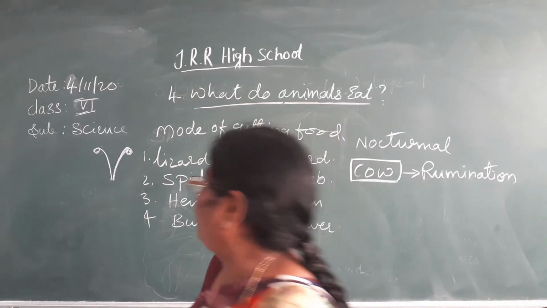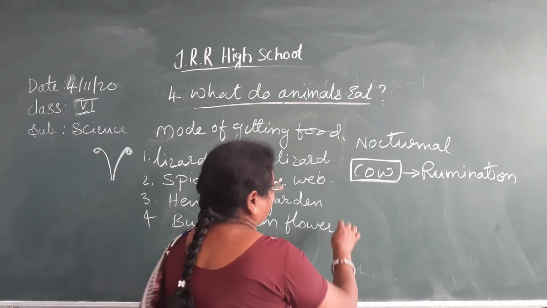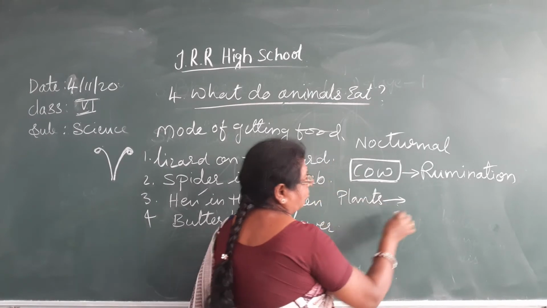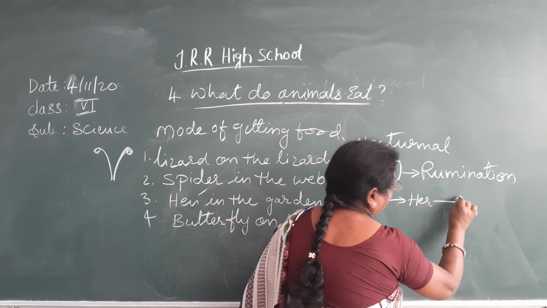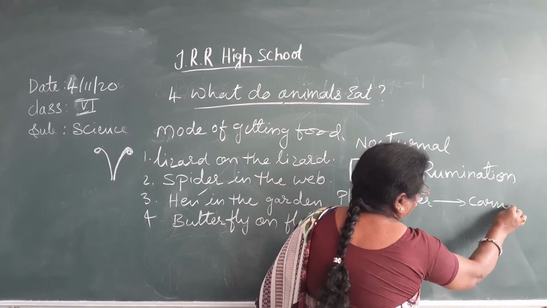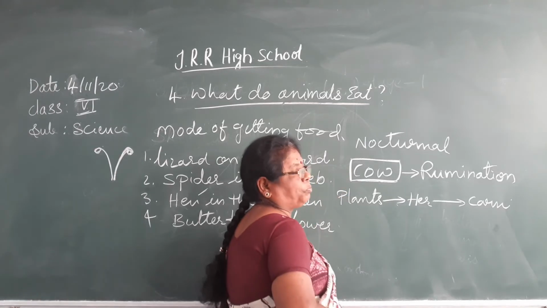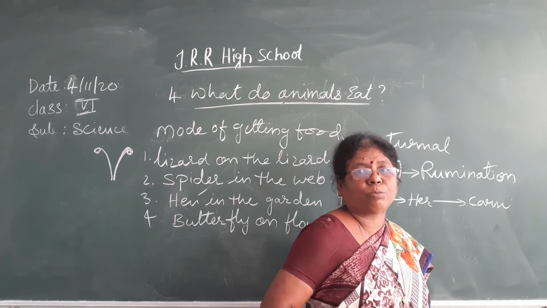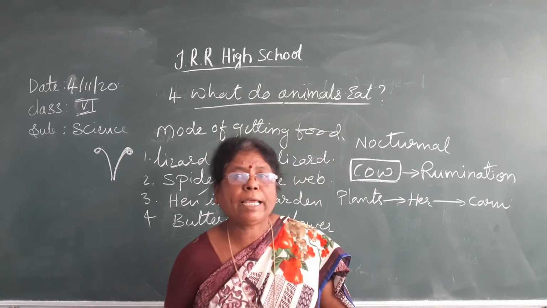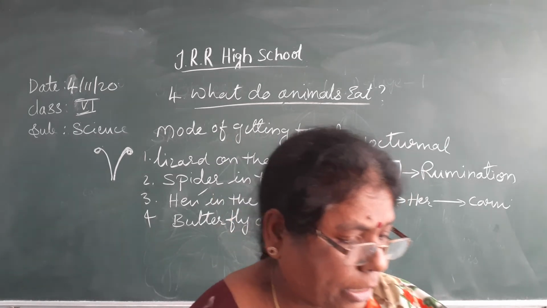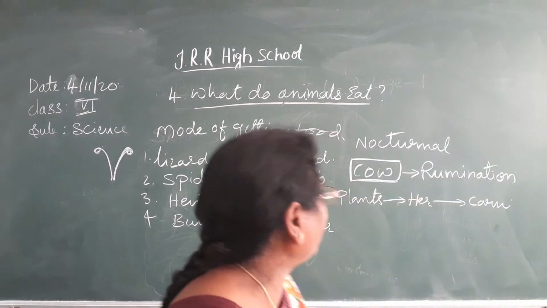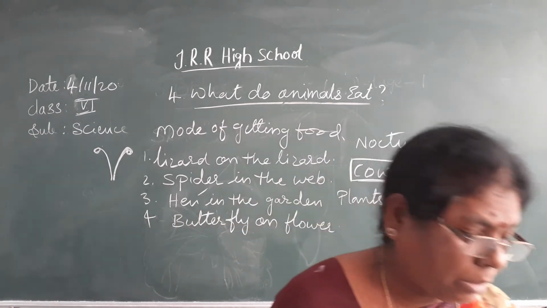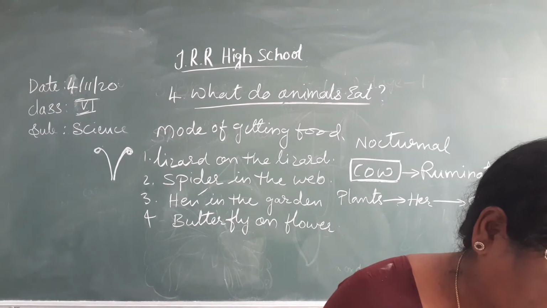So, the food chain will start with, for example, here I am giving plants, herbivores and carnivores. In carnivores also, you can write primary consumers, secondary and tertiary consumers. You can write like this, okay? So, in the food chain, one organism will be the food for more than one organism, isn't it? This is what you call a food chain.